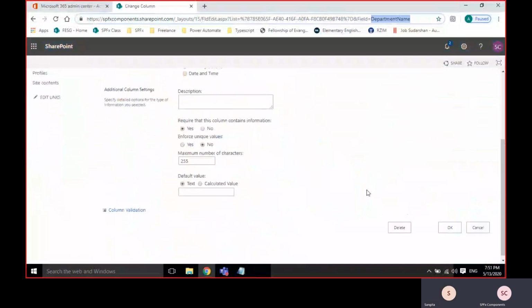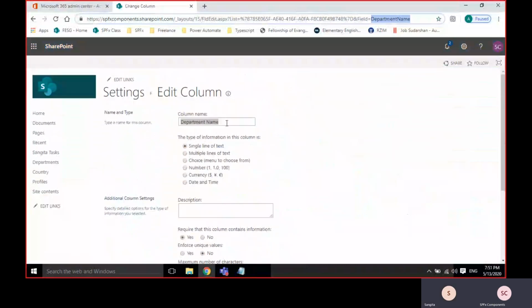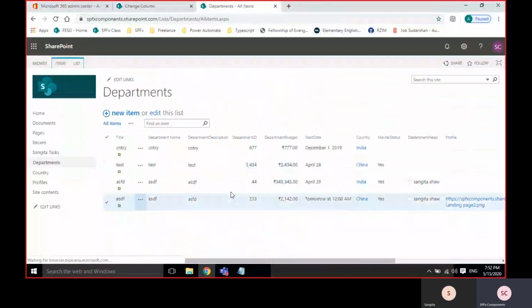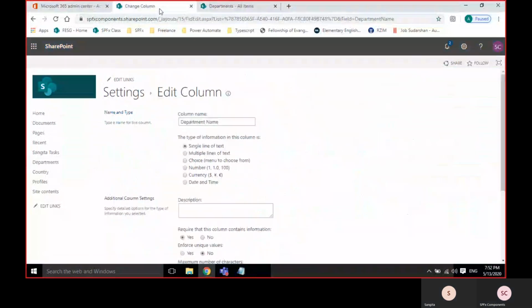The ID is in the URL path, the previous one only.